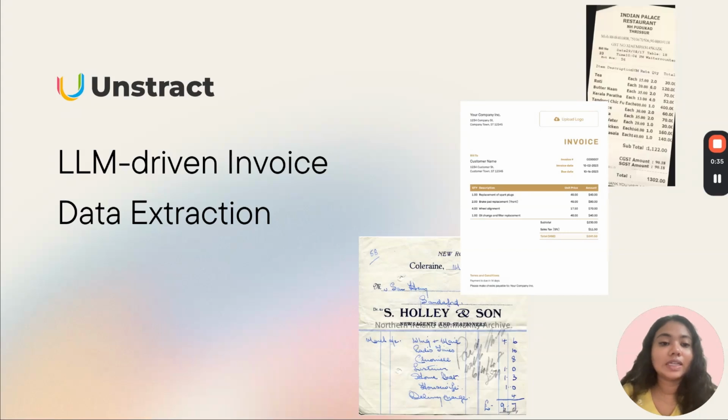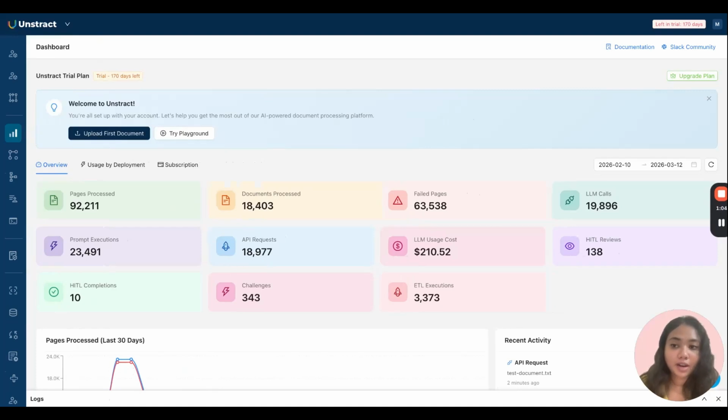So, you could have digitally native invoices, you could have invoices with handwritten text, or in most cases, we see that businesses receive scanned PDFs, which could have bad lighting or it could contain skewed scans. So these are all the various challenges that come with these documents and how they are formatted and sent to businesses for extraction. So in this video, we'll see how you can create a single document extraction layer that can handle all these different invoice variations and still accurately extract your data. Let me start by taking you through the platform.